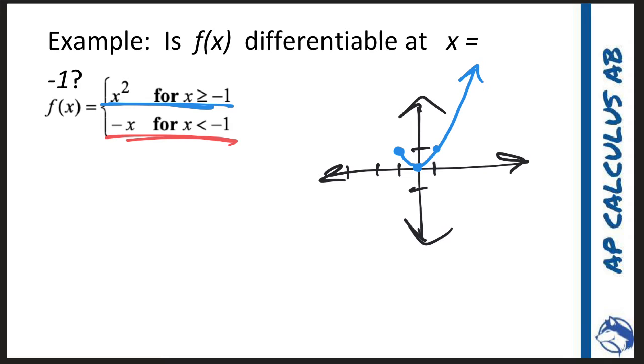Now negative x, for x less than -1. So anything less than -1 here, so at -2, we're at +2. At -3, we're at +3. And it goes like this. So hopefully you can see that right at this moment, it looks like it could be going in the right direction. So what we have to do is look at f prime of x,